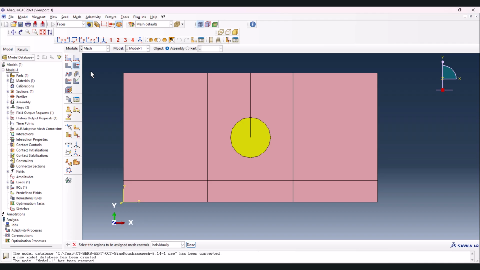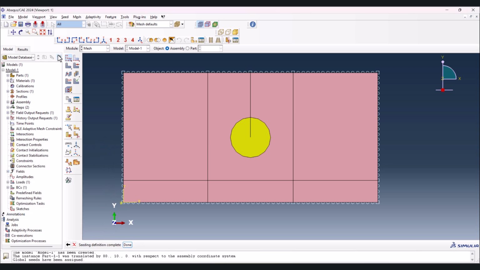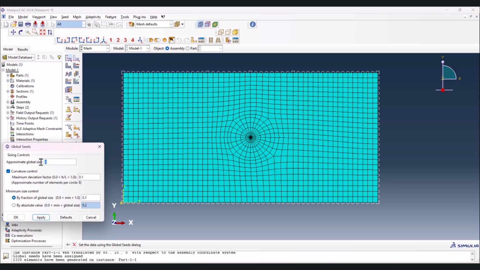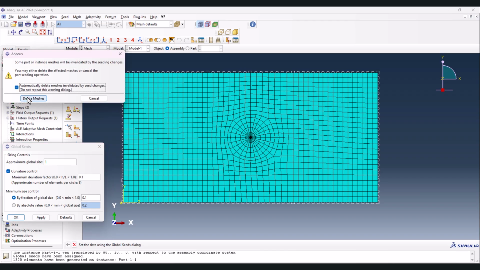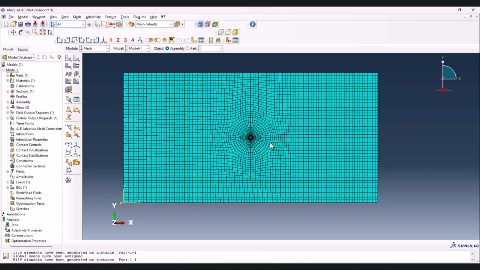Then OK. Now we can set this one on, let's say 2, and mesh it. And as you see, we have a good mesh here, but if we want to make it even more accurate, we can put this one on 1, and as you see, it would be a very fine mesh,